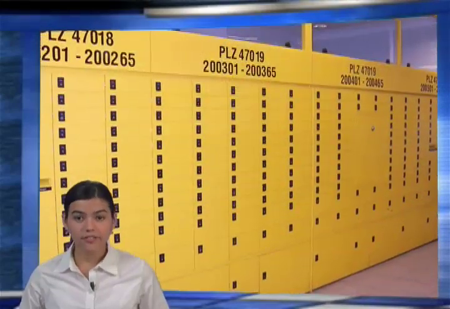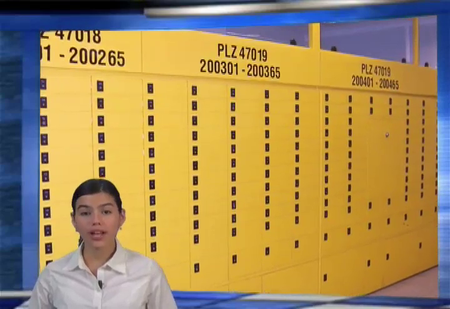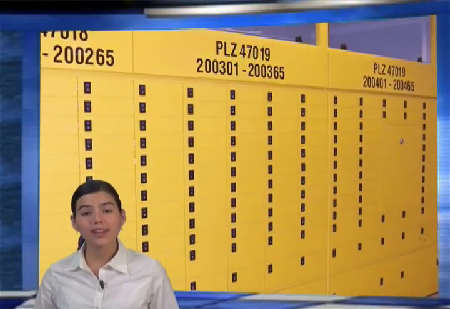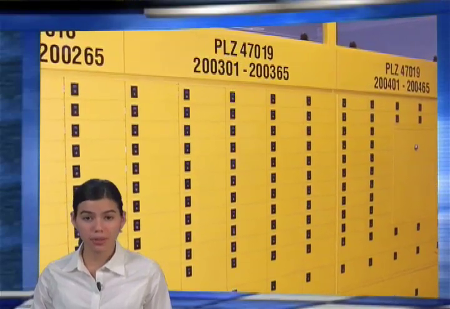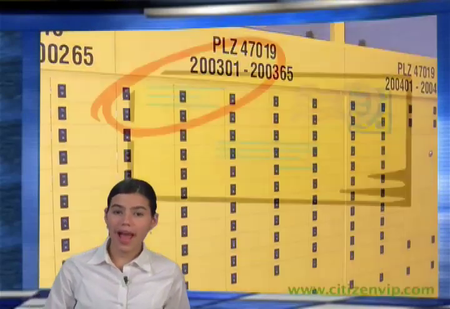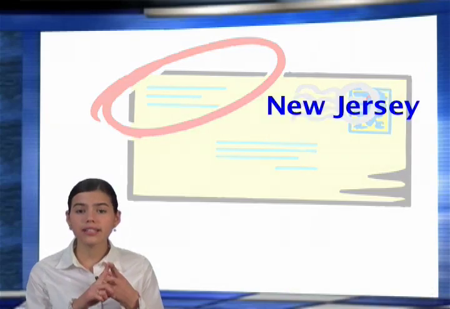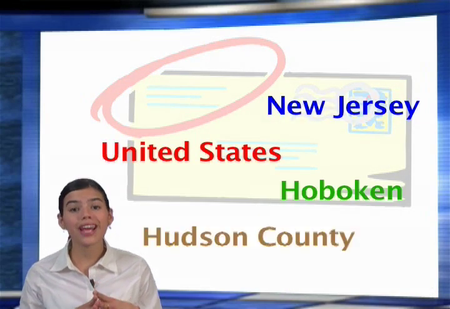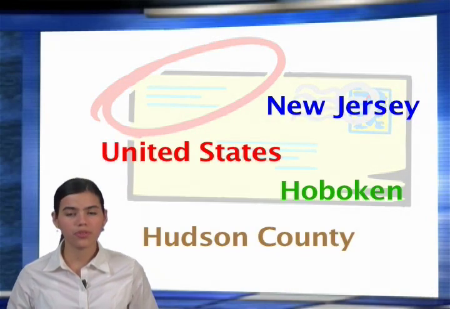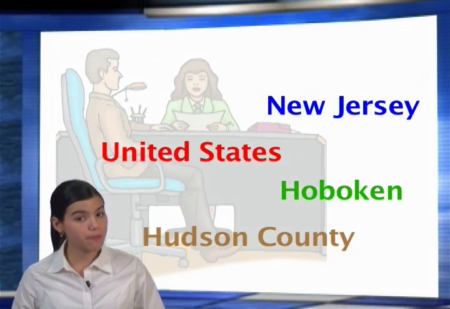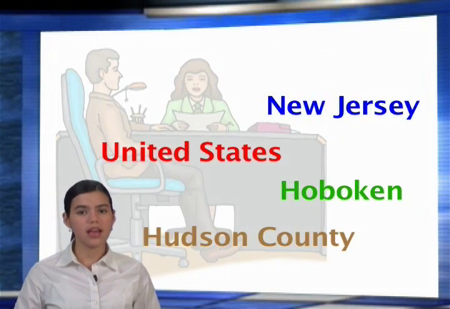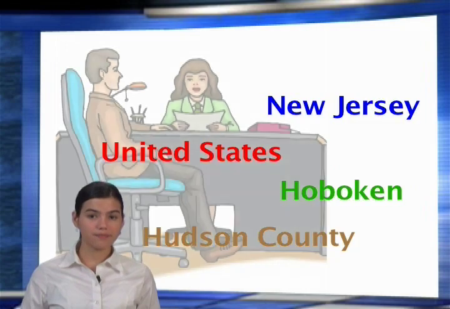You must give the address where you now live. You cannot give a P.O. box as a home address. A P.O. box is only for mailing purposes. You might be asked to give details about your address, including the state, country, city, or county you live in. Often people are asked to spell the details of their address, like their state or city.